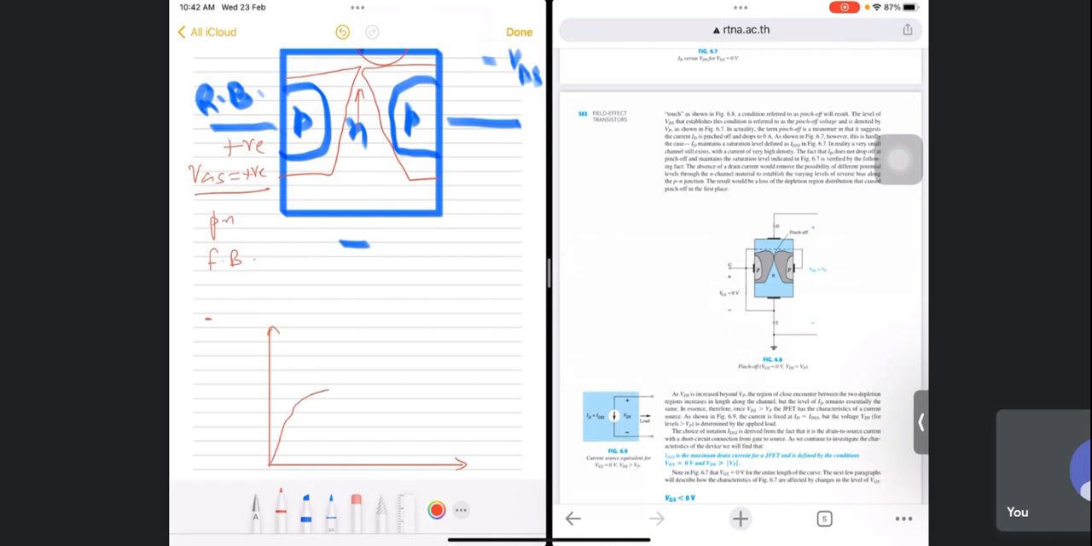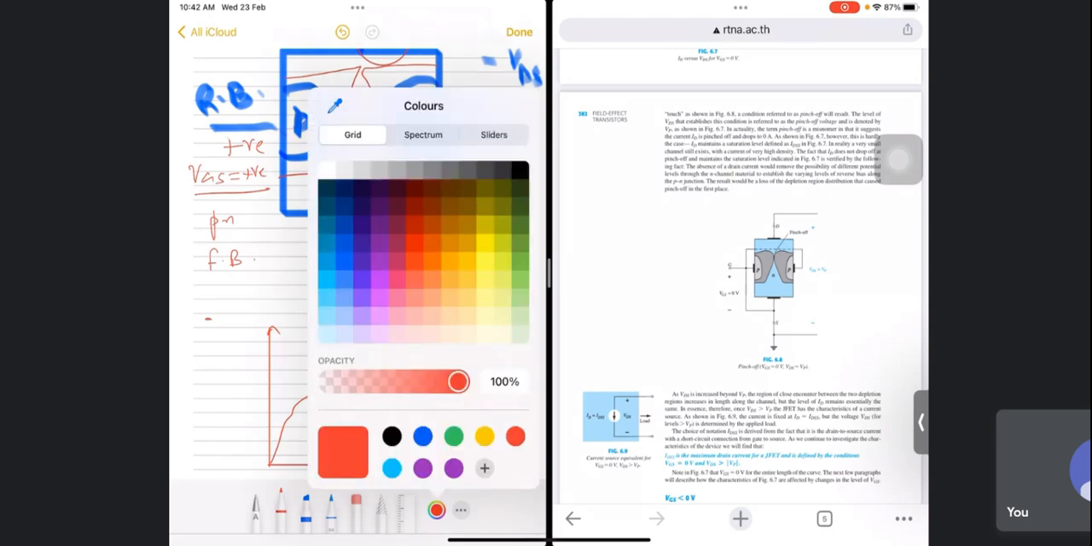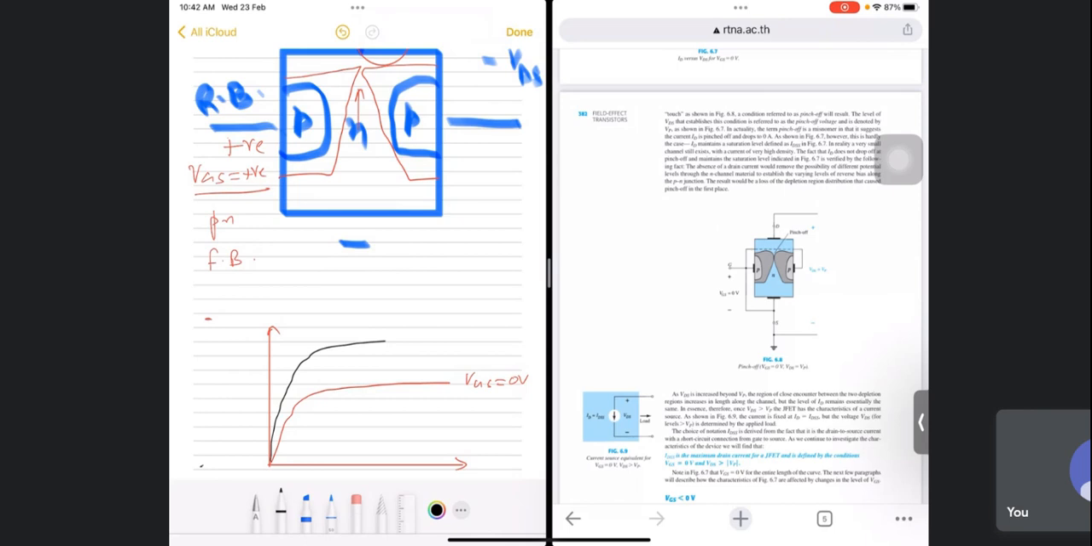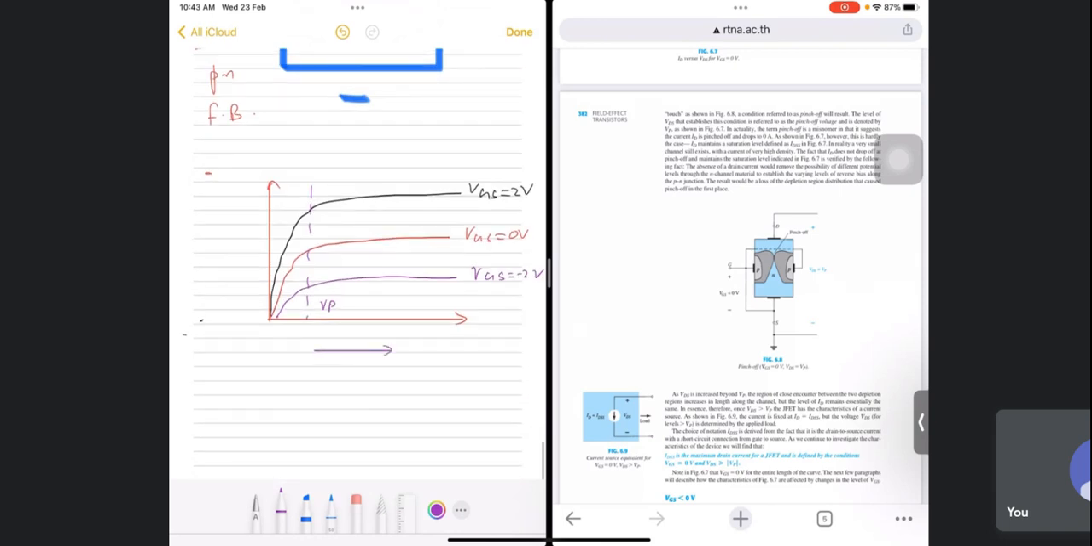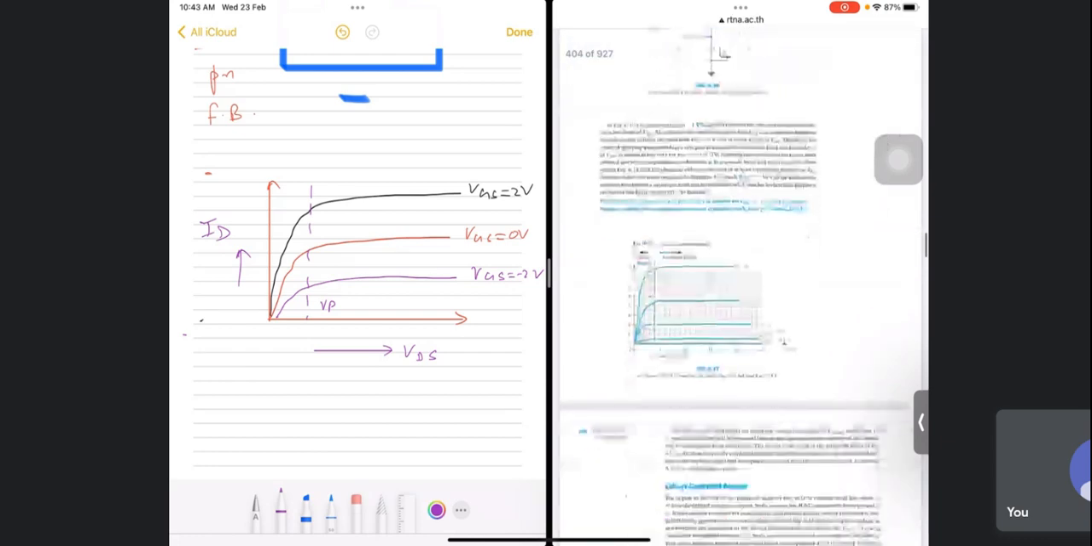So this is at VGS is 0, VGS 2 वोल्ट पे है, VGS -2 पे, and this is pinch off, right? This is VDS. I hope it is clear to you now, okay? So this is how it works actually,